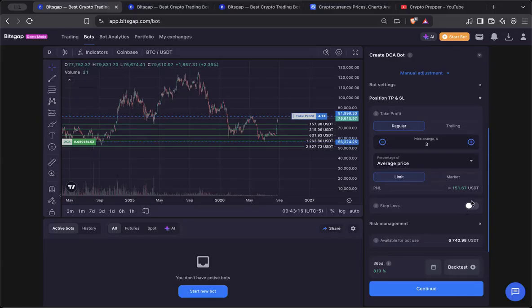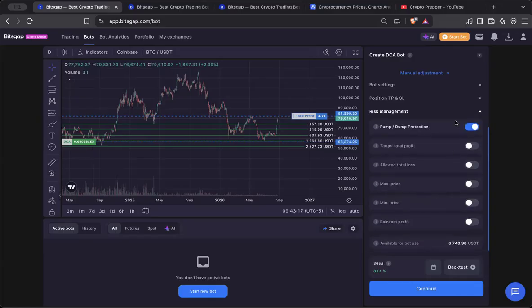We don't use a stop loss, so it defaults off, and you can leave it off. Then, if you are following the market and you're confident that we are in a bear market, the pump dump protection actually does better in the bear market when you leave that on. But if you turn it off in the bull market, it'll produce more gains. So when we had this spike up, I had some of my live bots with pump dump protection still on, and